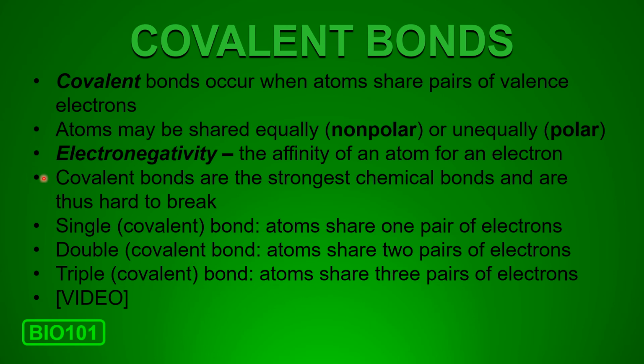When we have a single bond, we just call it carbon-carbon bond. When we have a double covalent bond, we just call it a double bond. It's understood that it's covalent, a strong bond. And then we have a triple covalent bond, we just say triple bond. And we'll look at some examples